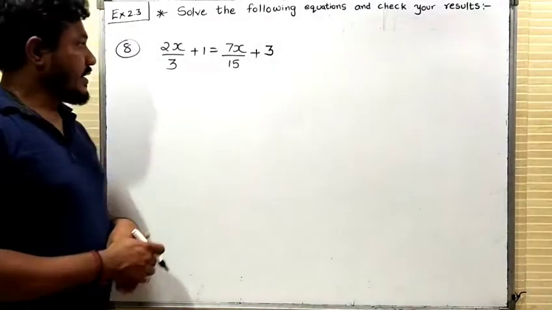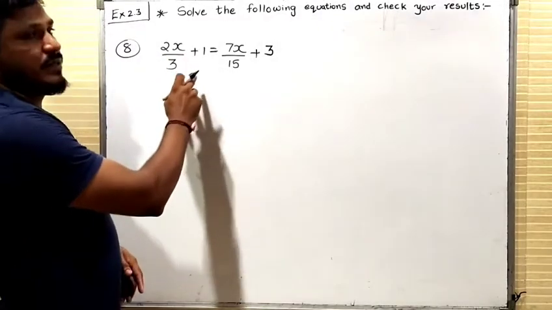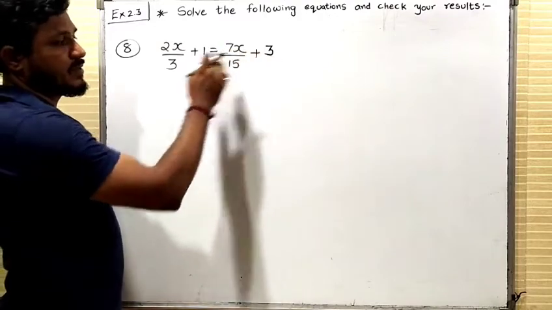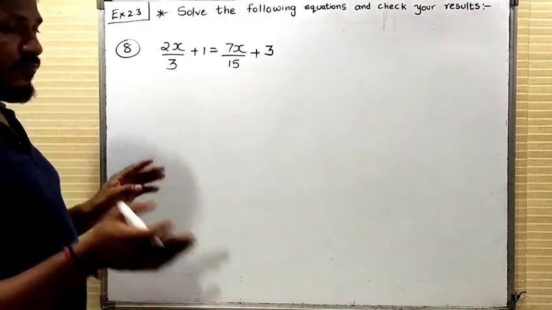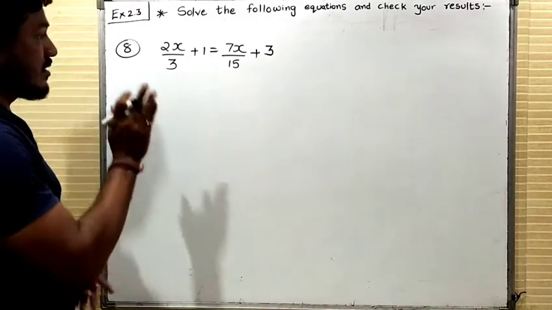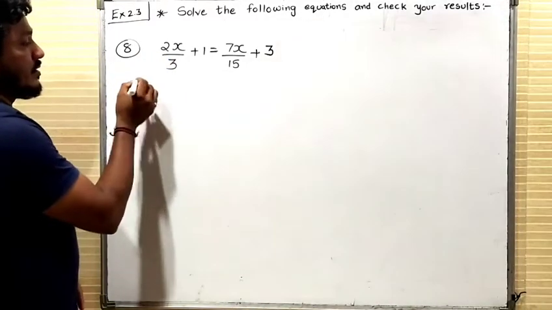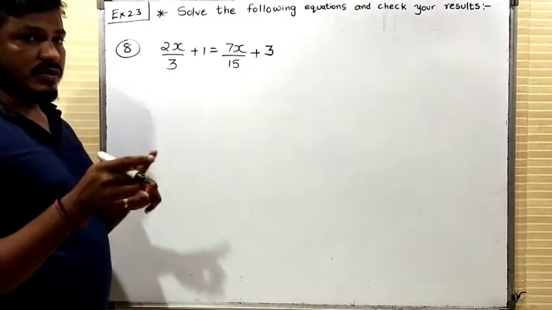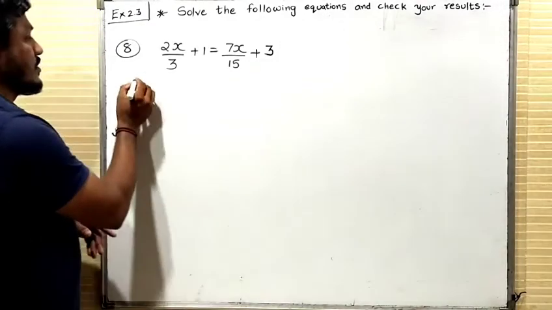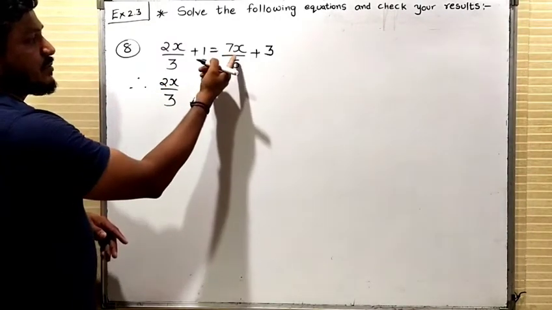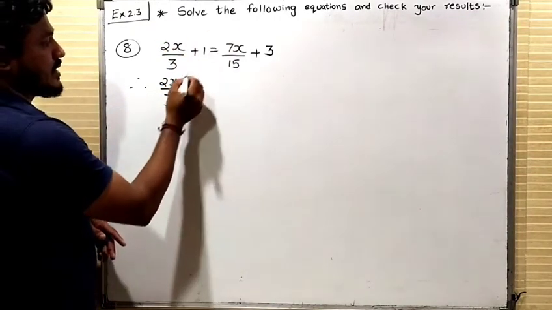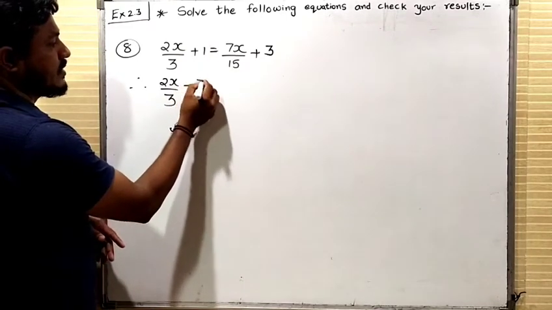Let us see sum number 8. That is 2x by 3 plus 1 equals to 7x by 15 plus 3. Now dear student, no need to get frightened. Very easy. You follow your steps, you will get your answer. Now here also, what you need to do is, you just do transposition first. Now here, try to transpose this 7x by 15 toward your left,